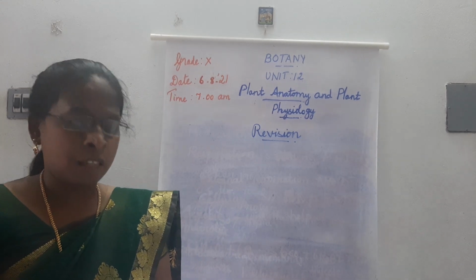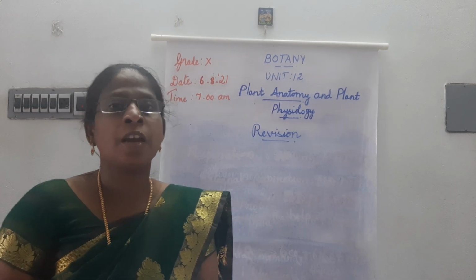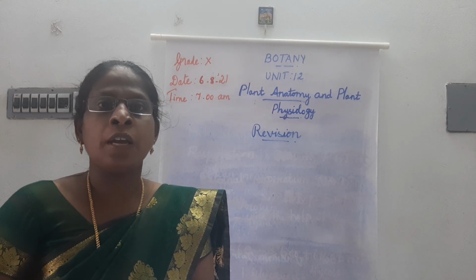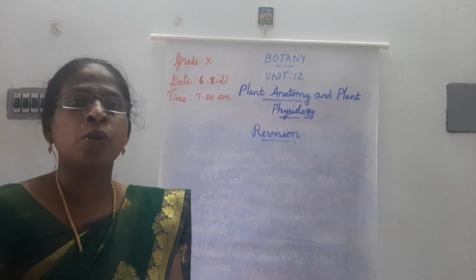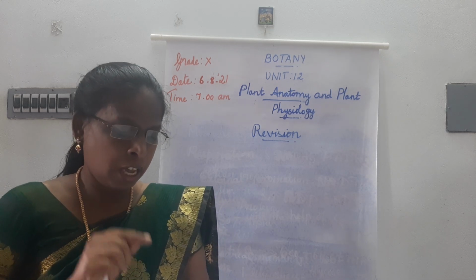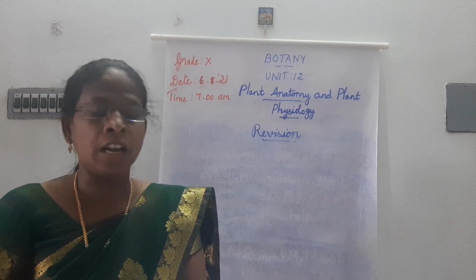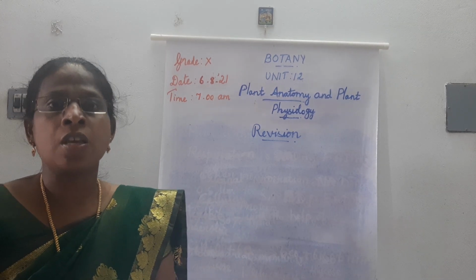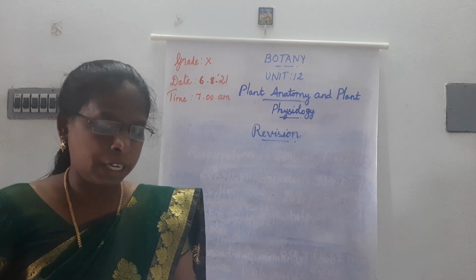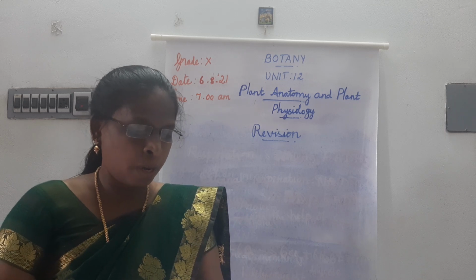Fourth question: name the phenomenon by which carbohydrates are oxidized to release ethyl alcohol. The process is anaerobic respiration, or otherwise the other name of anaerobic respiration is fermentation. During anaerobic respiration, glucose is converted into ethanol or lactate. So these are the answers for Roman letter 5.